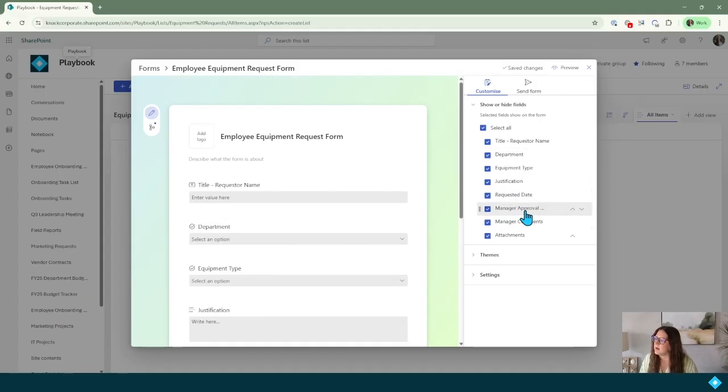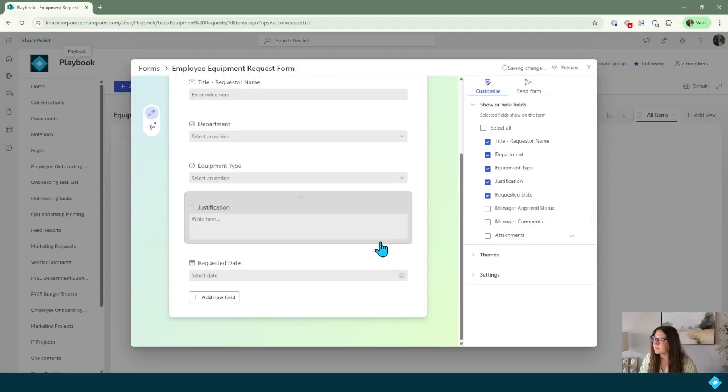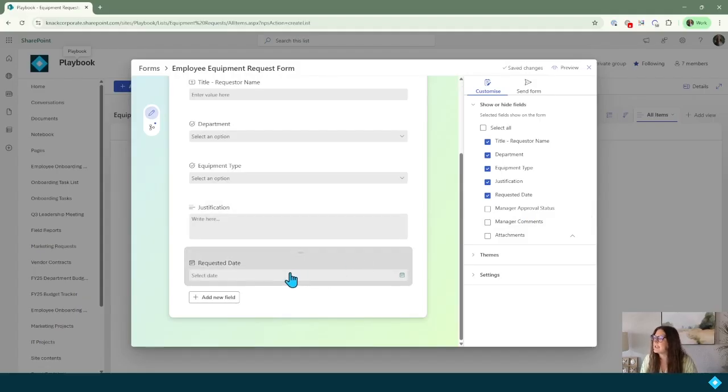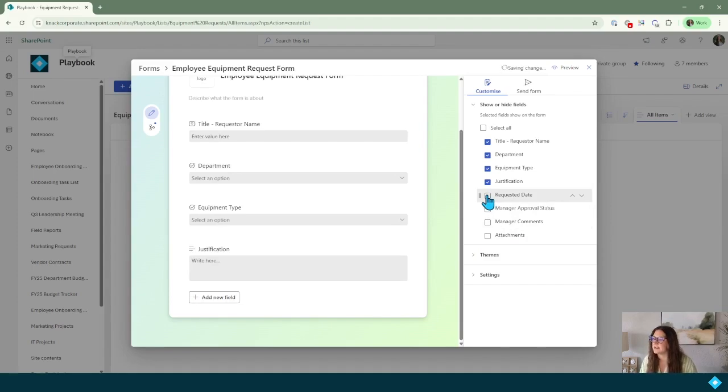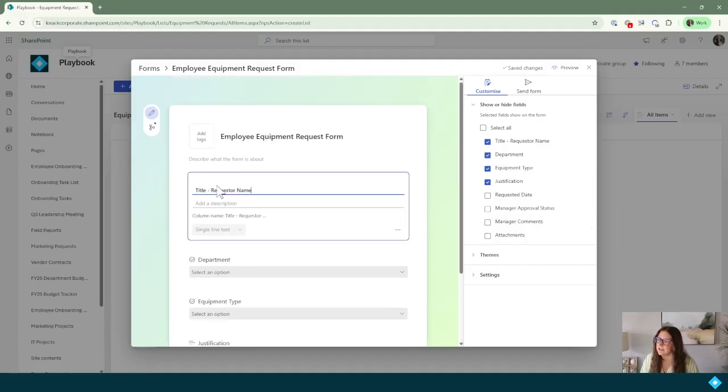So I don't want the manager approval status, comments, or attachments to be in this form. And then the requested date, I set this to default to today's date. So I'm going to go ahead and uncheck this as well, since that information will automatically be populated. Now that we've set up which fields we want to show or hide,